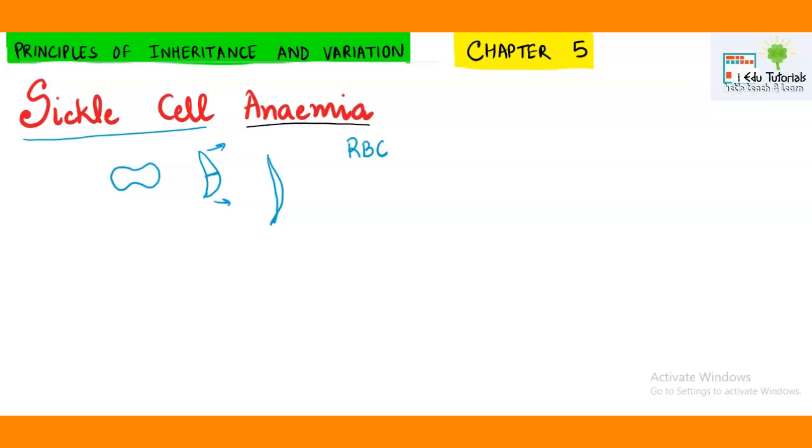We will study why this disease happens. So this disease basically happens due to a disorder in chromosome number 11. You know that the first 22 pairs in the human cell are known as autosomes, and the last pair is known as the sex chromosome. So this disease is happening due to a problem in the amino acid at chromosome number 11. Now we will see what exactly happens.